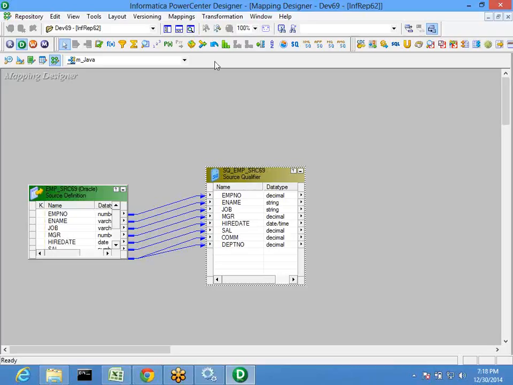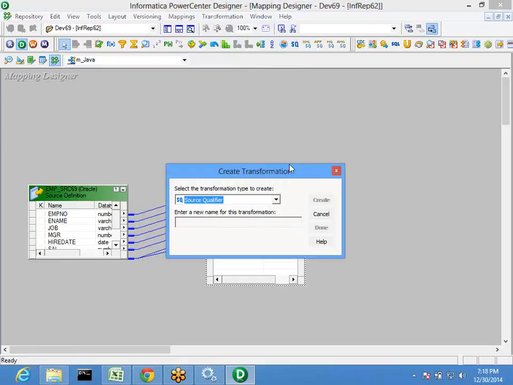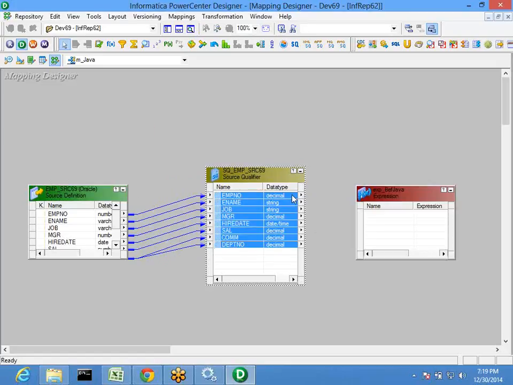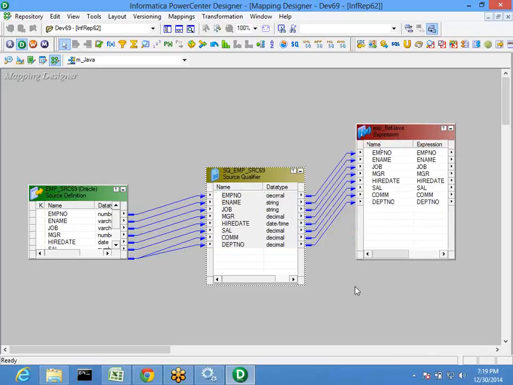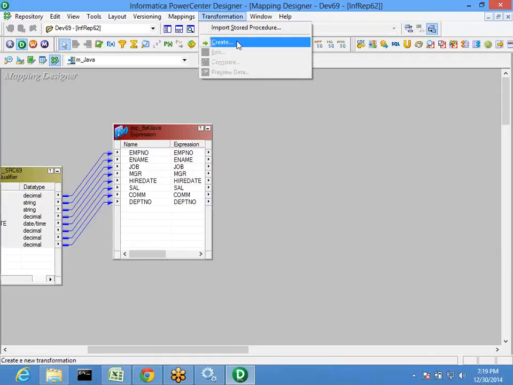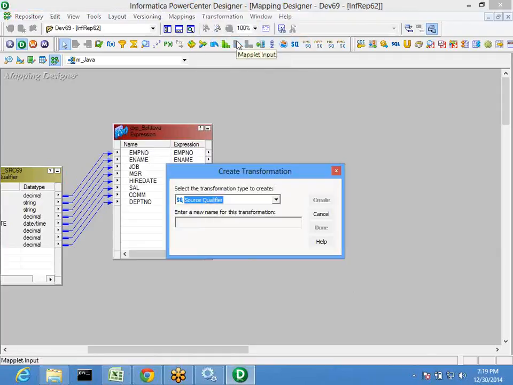So now I am going to create a Java transformation. Let me keep an expression before it. This is just for the sake of consolidation, I am taking the columns. Now every record will come one by one. Here I want to write a Java program to take one record and produce 100 records. So whenever you use a Java transformation,